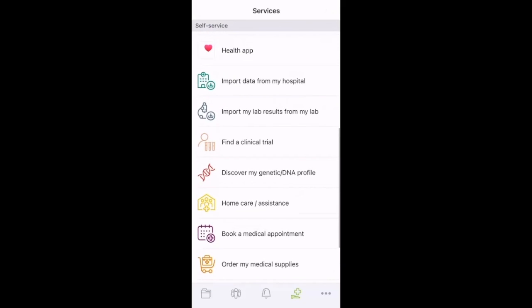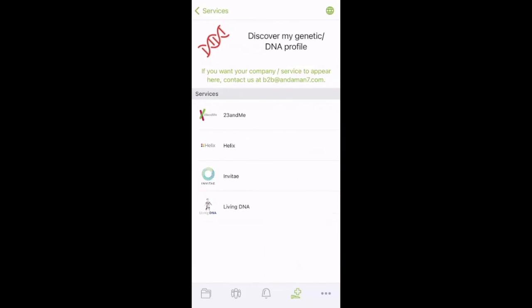Quickly, a few others. Find My DNA Profile. Here are a number of companies that provide DNA testing. Again, here it could be extremely powerful to have partnerships with some of these companies, because then, of course, with the patient consent first, there would be a way to share medical information or health information with these companies that could combine it with DNA analysis they did, and then create new insights for patients and their doctors,